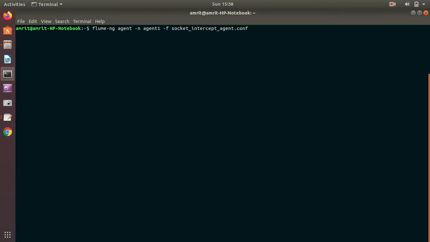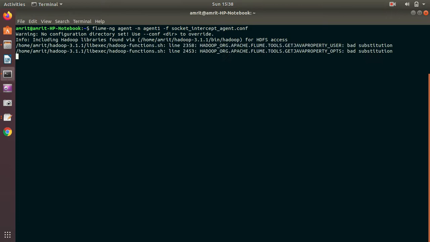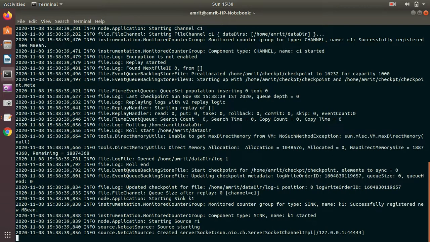Done. So if I press enter, you can see that I got a message that it is now ready for netcat. I'm now allowed to make use of netcat, because it's showing that the socket address is ready.